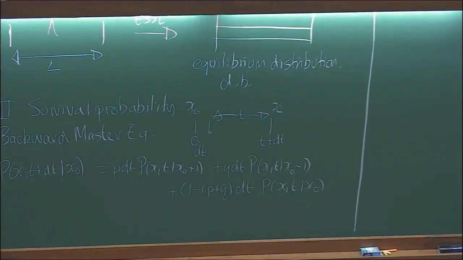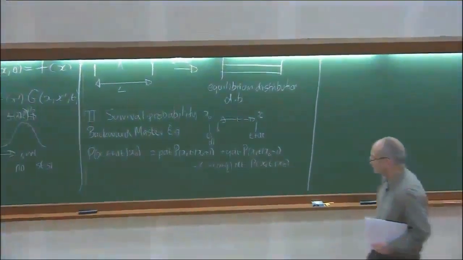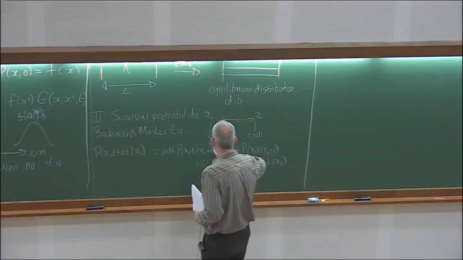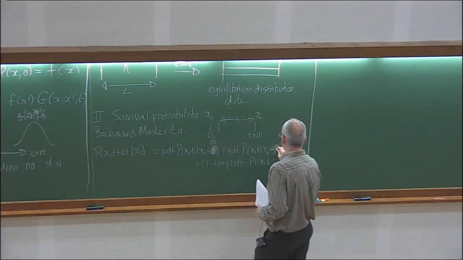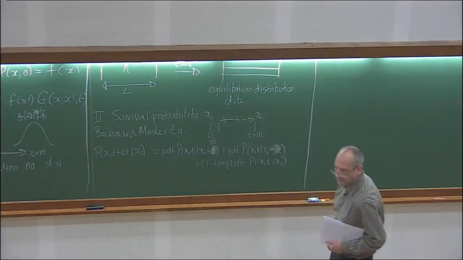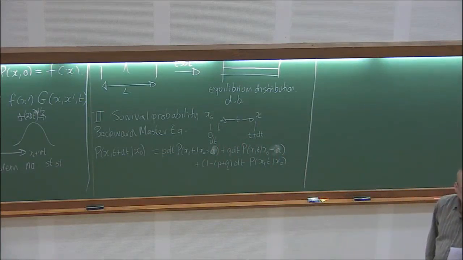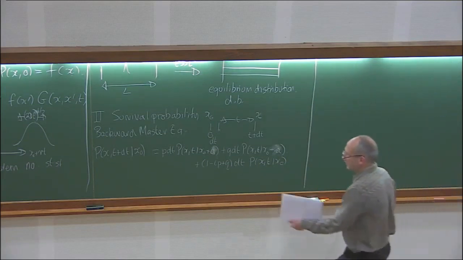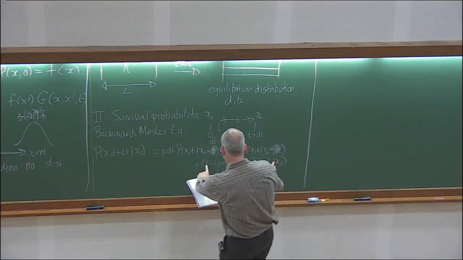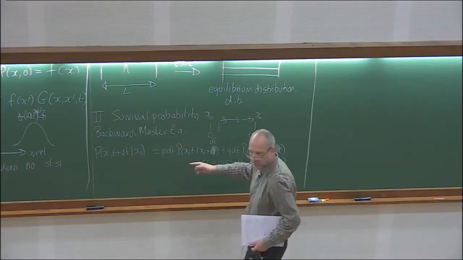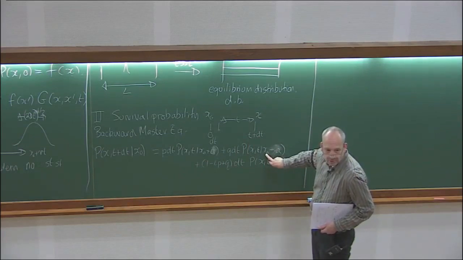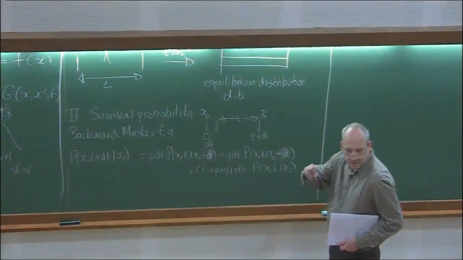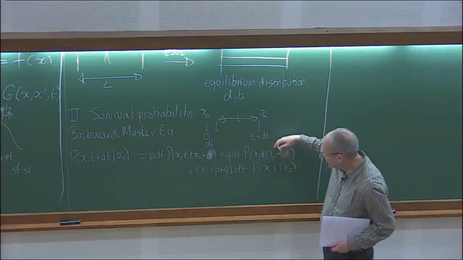I beg your pardon. With the lattice spacing a, I should have put x naught plus a here, and x naught minus a there. Right? So now I do the same thing I did before. I expand, first of all, in time. That's easy. I just take this term here, divide by dt. I get a first order derivative. And now expanding in a, I'm expanding in this variable x naught. That's the important thing. So I get my space derivatives in the initial position, x naught.